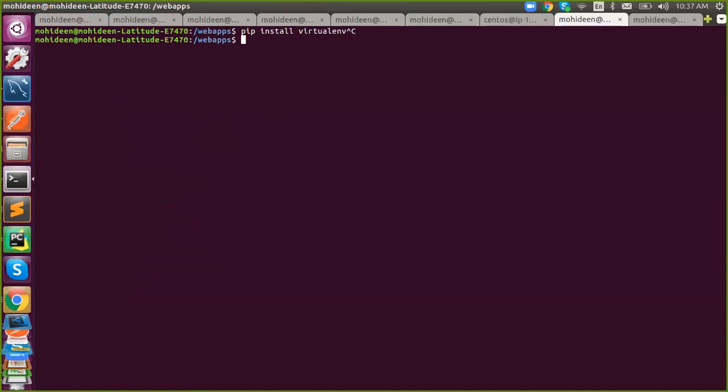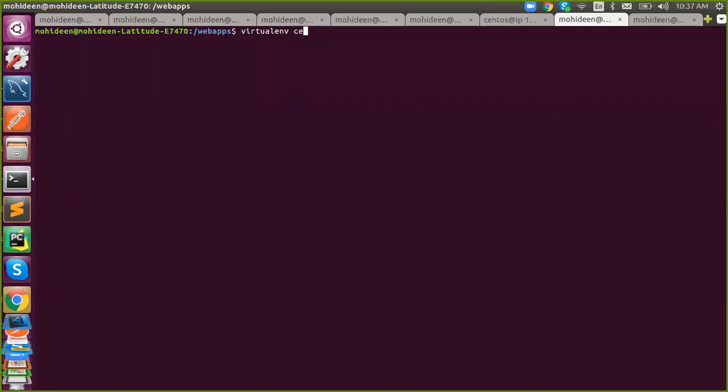Okay, once you install, you might have heard about a virtual OS, a virtual machine, right? What does virtual machine mean? Installing one operating system inside your operating system. It will allocate dedicated resources for that, and you can maintain whatever you want inside that virtual OS, right? Similarly, virtual environment is for your application development. That's it.